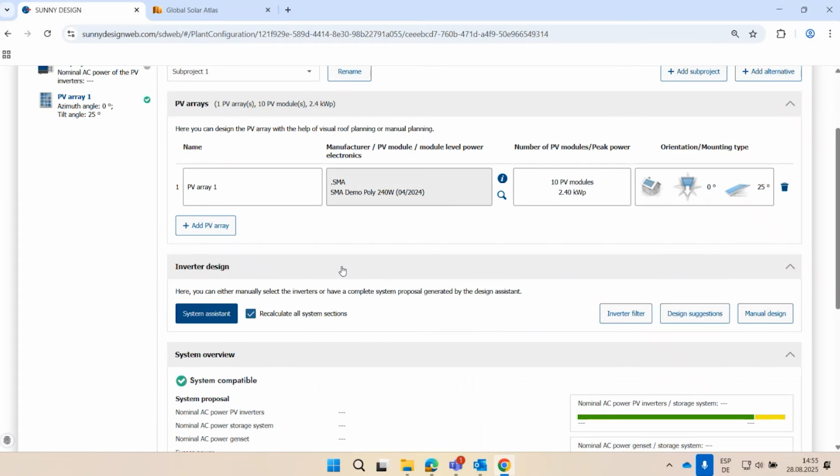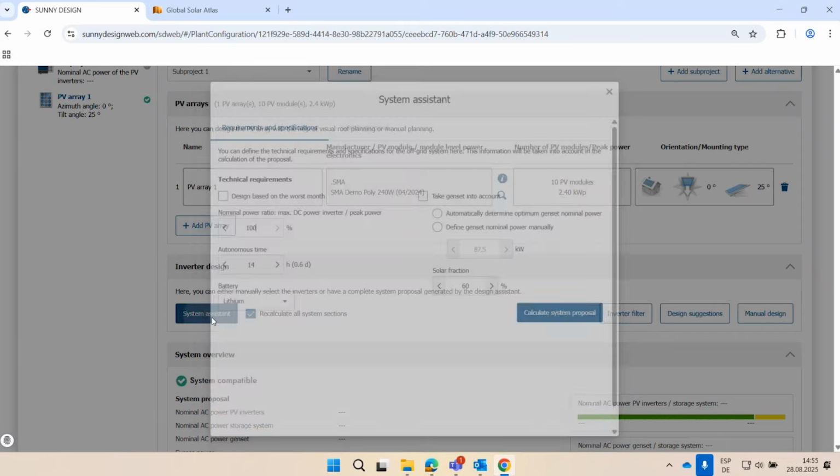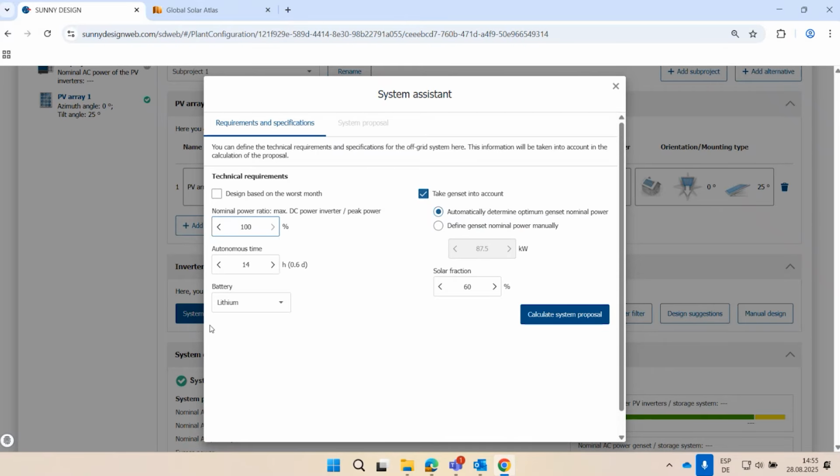And once you calculate the size of the PV system, you can just adjust the PV plant or the PV inverter to your module. But in this case, I will use a standard one just because I want to know the size of the PV. So I go to the system assistant, and it opens this window. Then I say that I wish to have an autonomy time of 12 hours and to cover at least 80% of the total energy demand of the year.